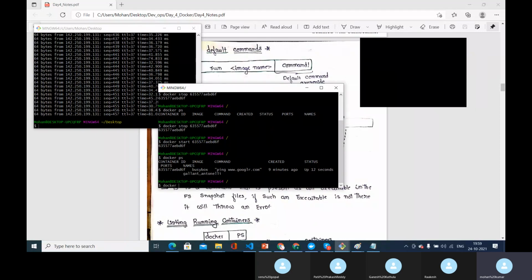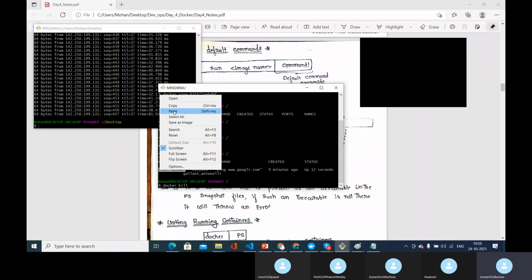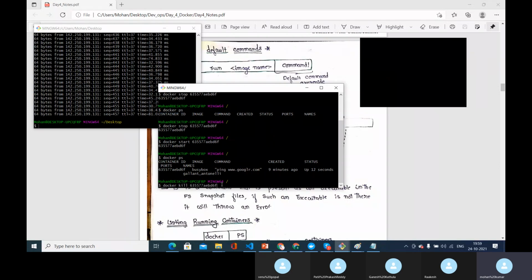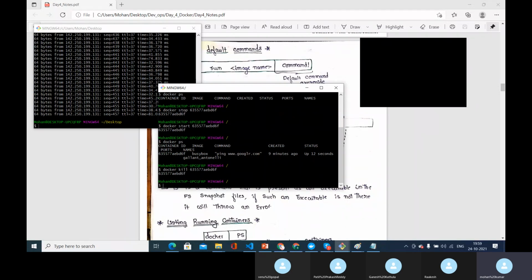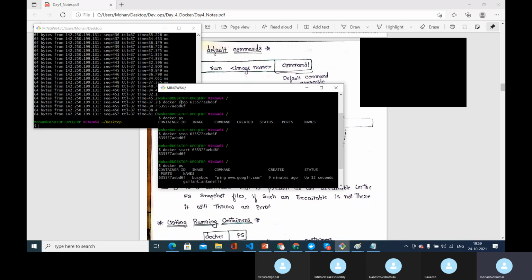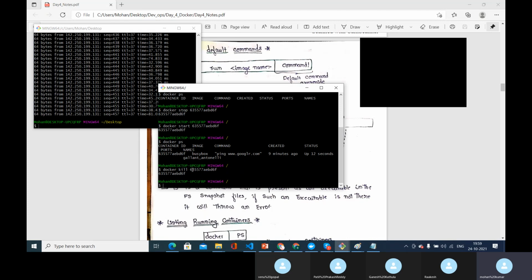Now look at Docker kill and the container ID. Let me give the container ID with the kill. We have seen the stop, but now let me give the kill. Once I give the kill, it immediately, in less than a second, gave this. But for the stop, it is not like that. It gave ample time for the server to close itself, which is not the case with Docker kill. So that's the difference between stop and kill, and that's how we start a process that is closed.